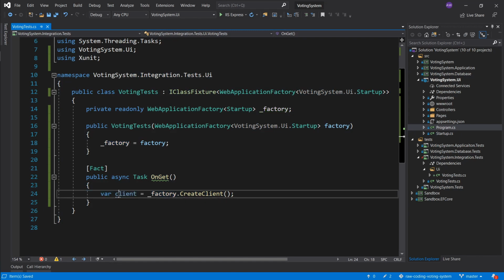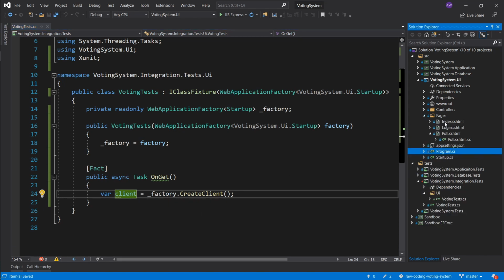Here we have a client which can act like a browser or a mobile device or even Postman, so we can make requests to our application, and it's automatically aimed at our application. Okay, so you can see that it's just an HTTP client. So what I want to do is go ahead and hit the index page,